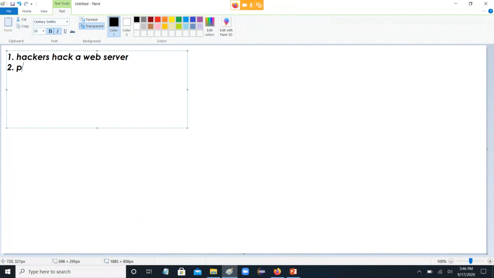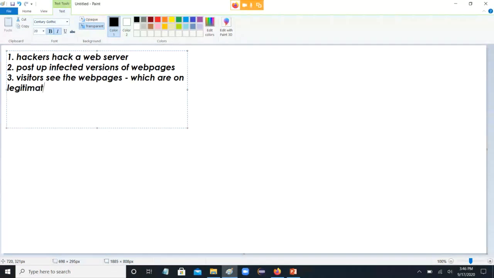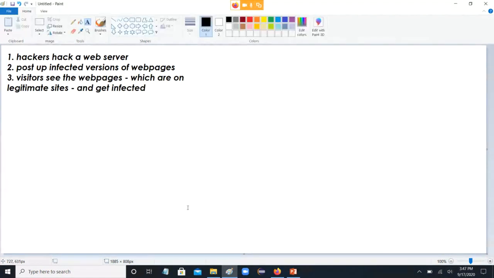Number two, they post up infected versions of web pages. Visitors see the web pages, which are on legitimate sites, and get infected, right? That's the idea.